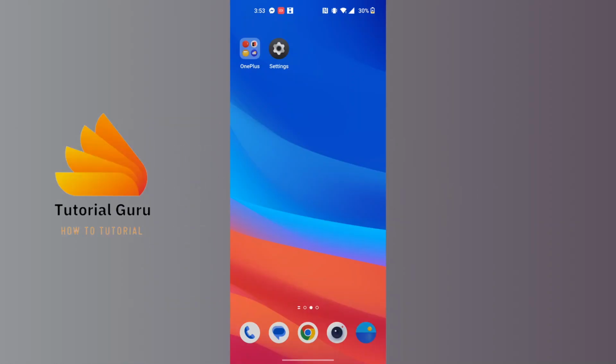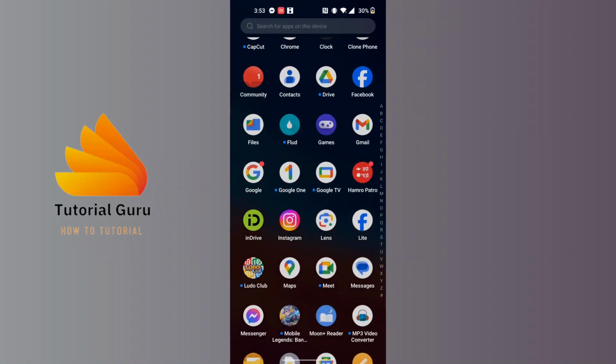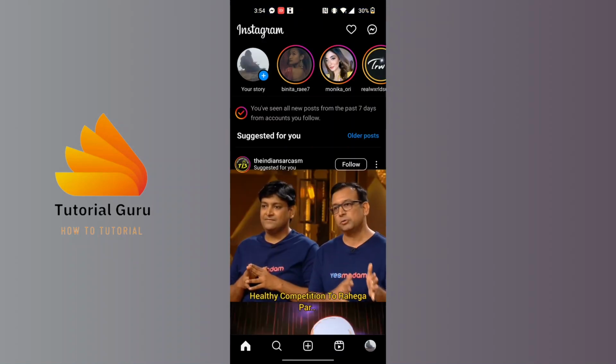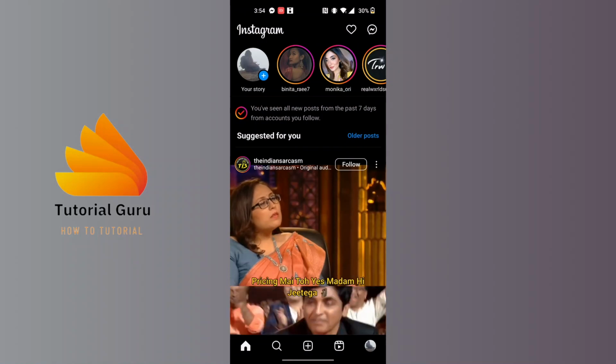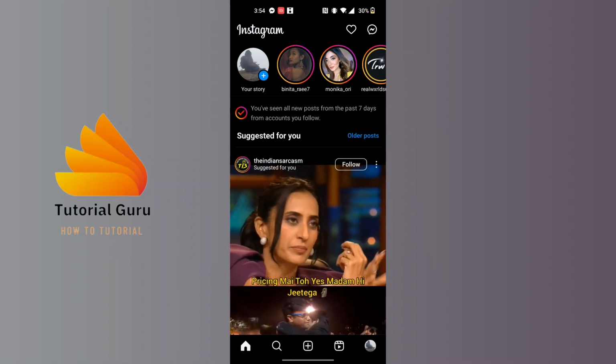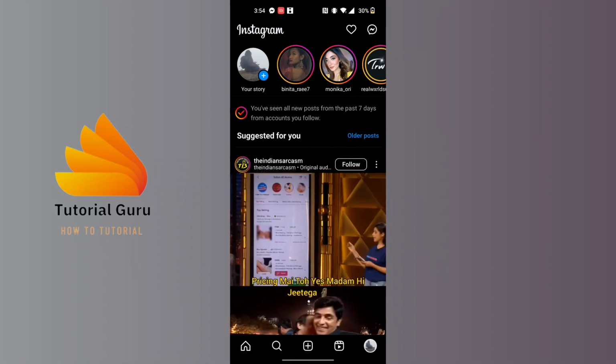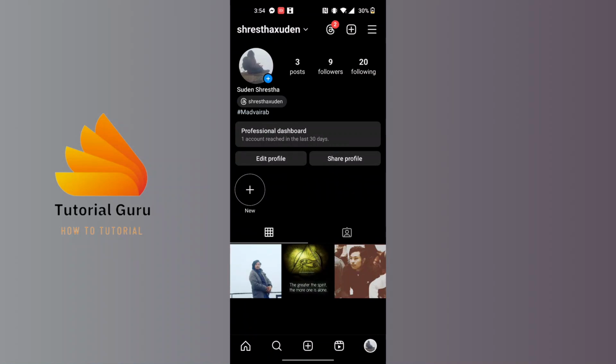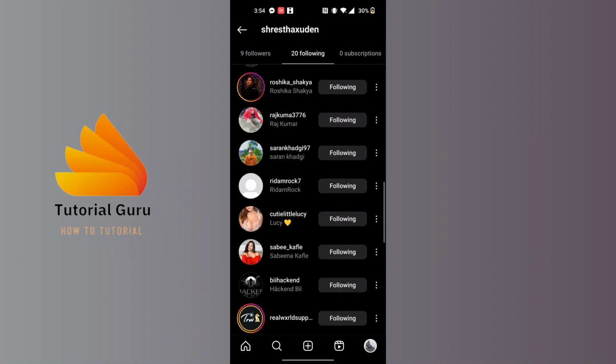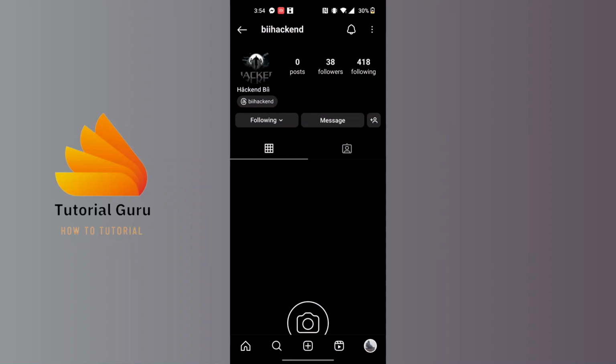Now to turn off Instagram notifications for only one account, first open up your Instagram app. In order to turn off the Instagram notifications for one account, you can go to their account. Let's go to that person's account. After going to that person's account, you can see the following option available just